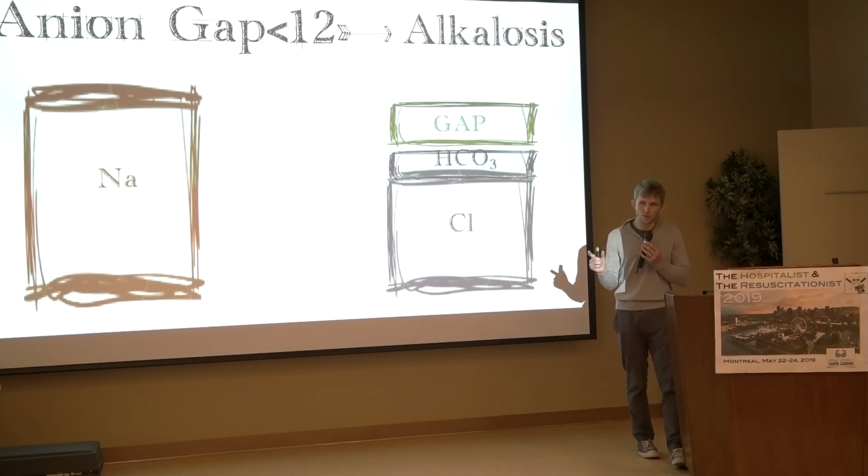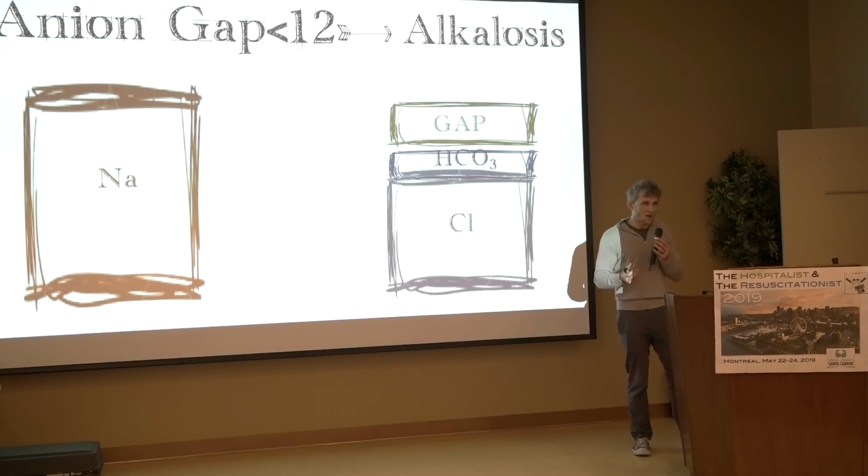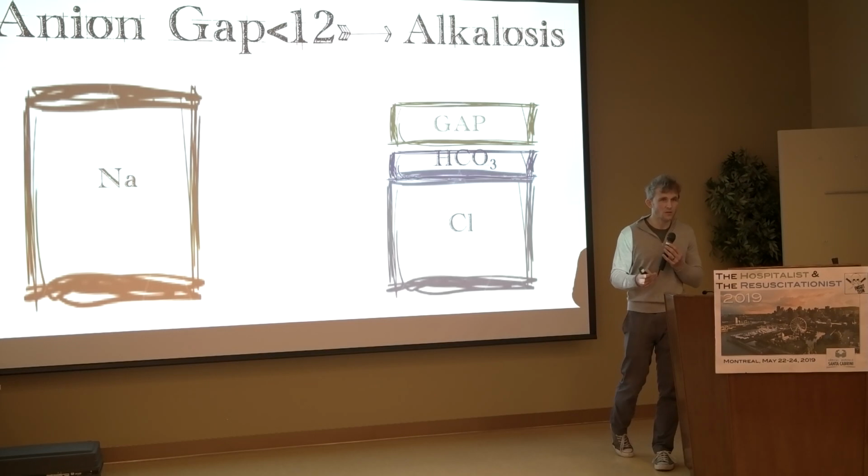Now Henderson-Hasselbalch has you do a calculation for this. So say you calculate a gap of 8, and then they say your albumin is 2, so you multiply your gap by 2.25 to get this kind of artificially elevated gap, which seems silly. Their gap's 8, that's what it is. What I would encourage you to do is figure out what the real gap should be. There's a couple different formulas. A simple way I usually do is multiply albumin by 3. So if their albumin's 2, their gap should be 6. Anything above that, there's another anion in there that you have to go find. Does that make sense?